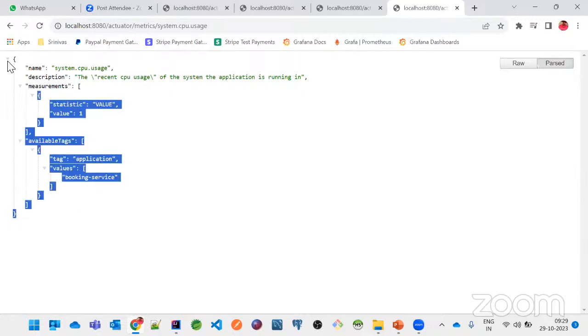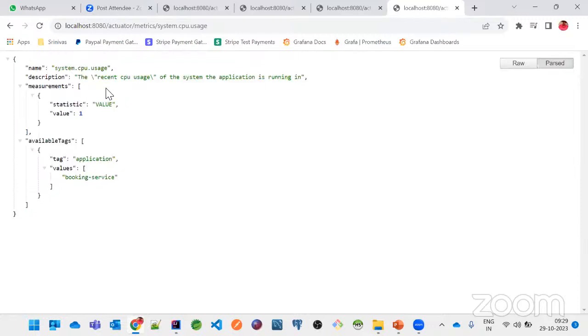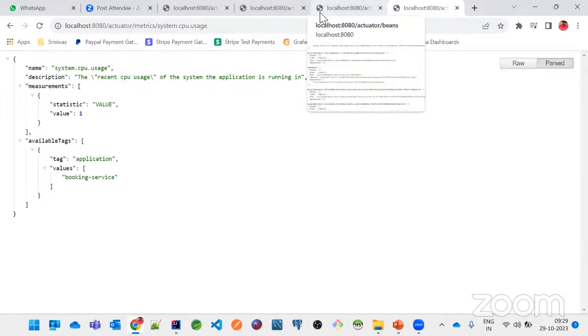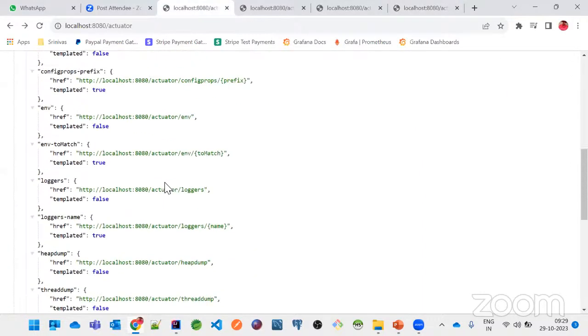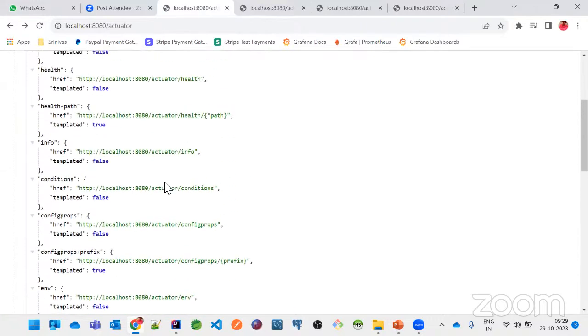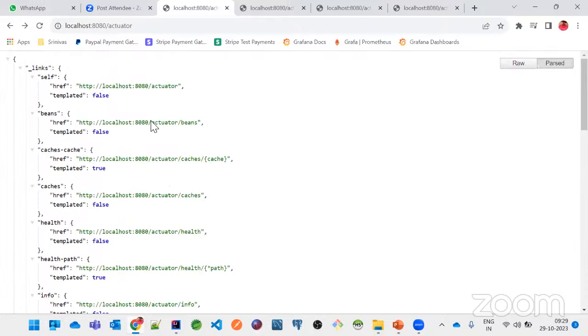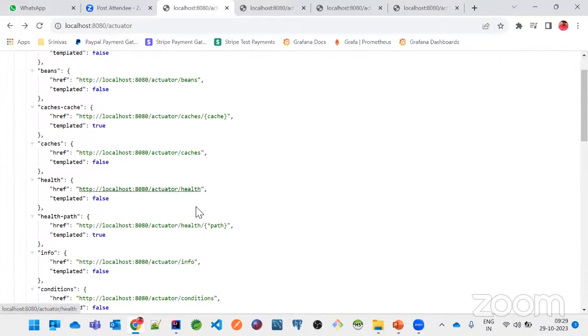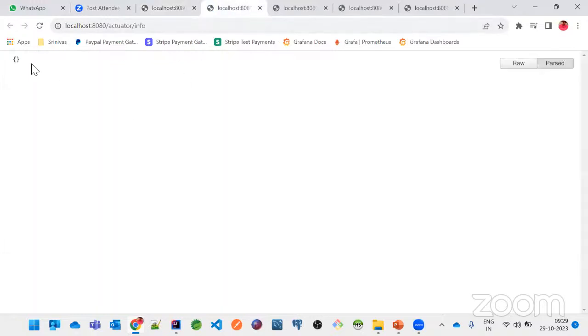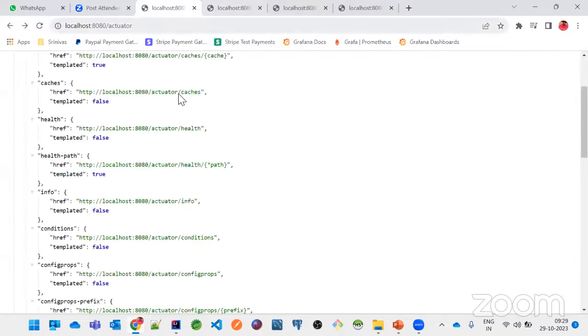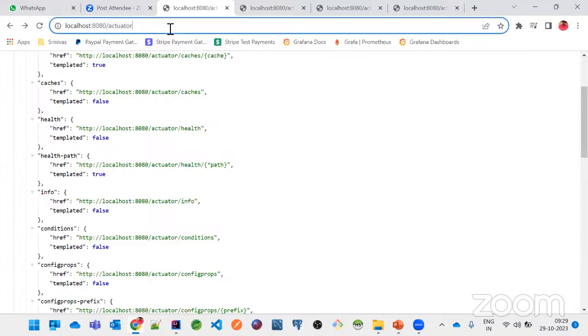But this is actually a problem. The developer has to go to each and every endpoint in order to identify what are all the things being used by these applications. And if you see, there is something called actuator info, which is basically not going to give any information because we have not documented this application. But there is something called